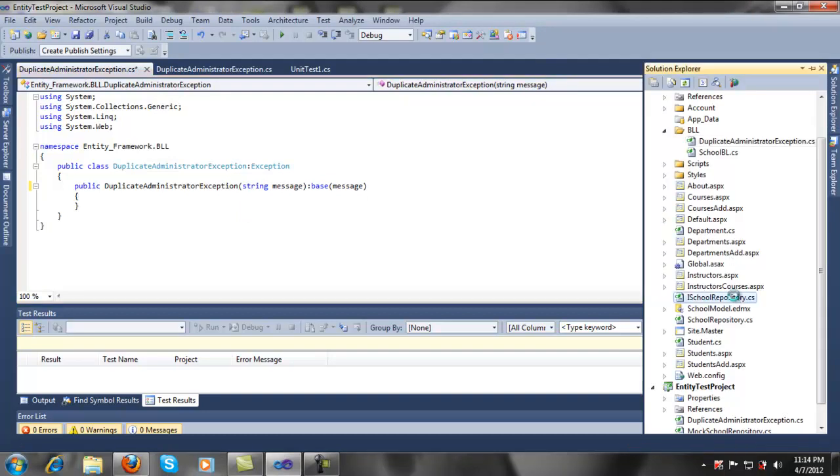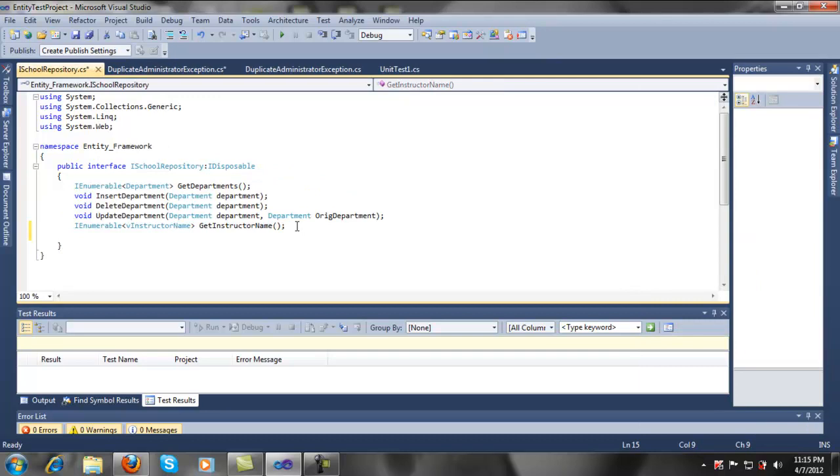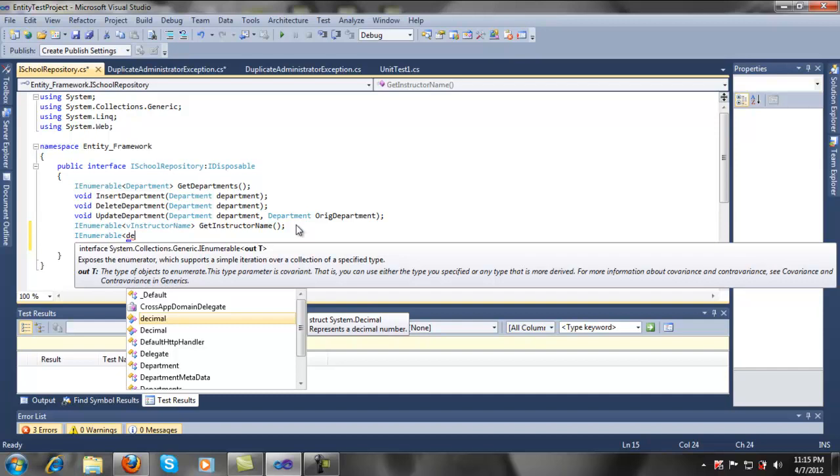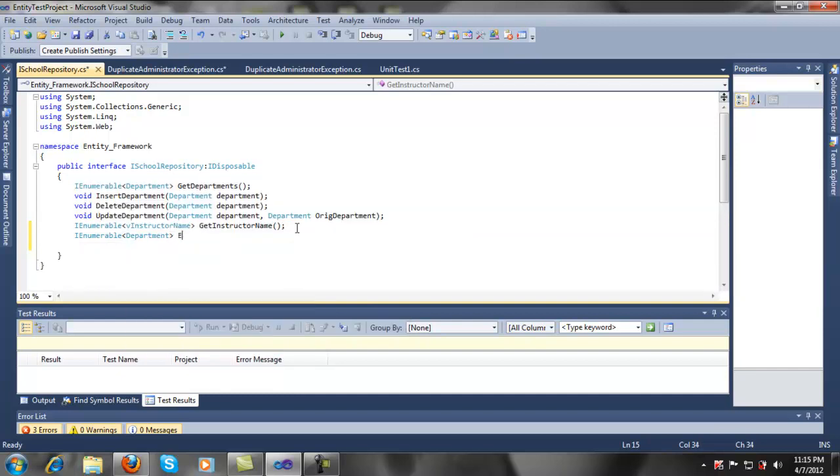I want to open here. Departments. Get departments by administrator. So here I just created a method called getDepartmentByAdministrator and want to copy,